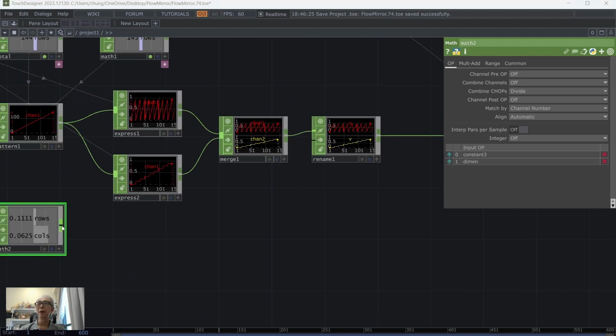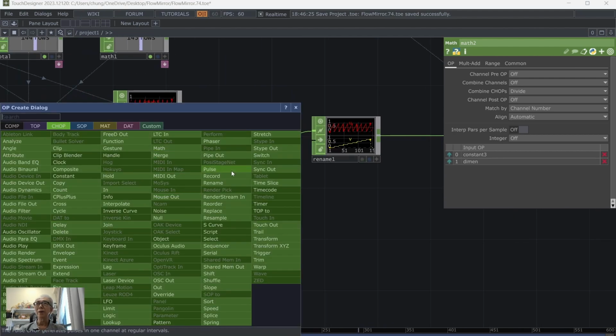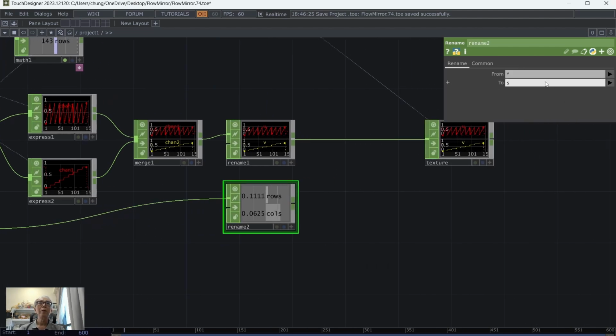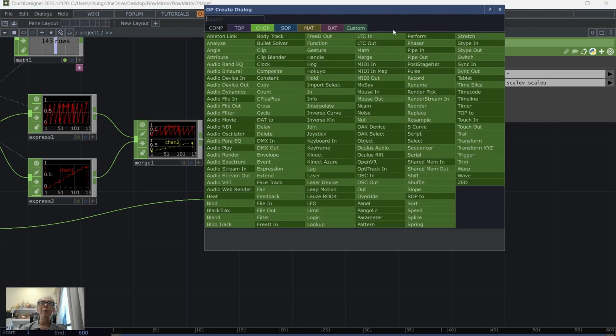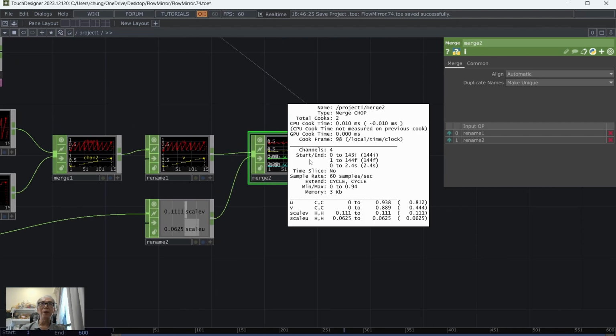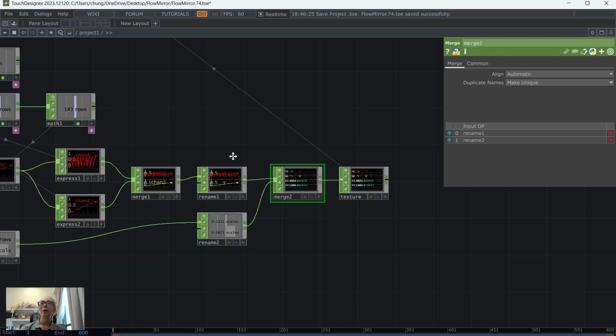So we rename this one. The first one with the row is actually the scale V, and then the second one with the column will be the scale in terms of U, and then we merge again to combine everything into this. So we're going to use the same sample 144 for the two of them, and then with this